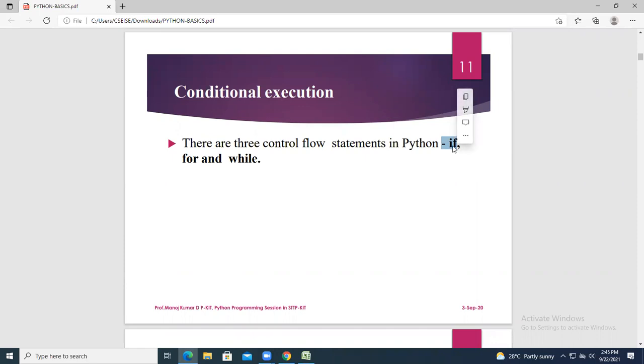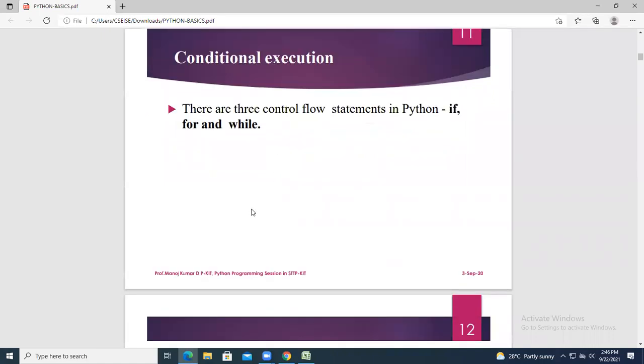Simple if will come, if else will come, else if ladder will come. Similarly, for control flow, you will have two loops: one is while, the other is for. So these are the control flow statements. First one is if, then you come across for and while.